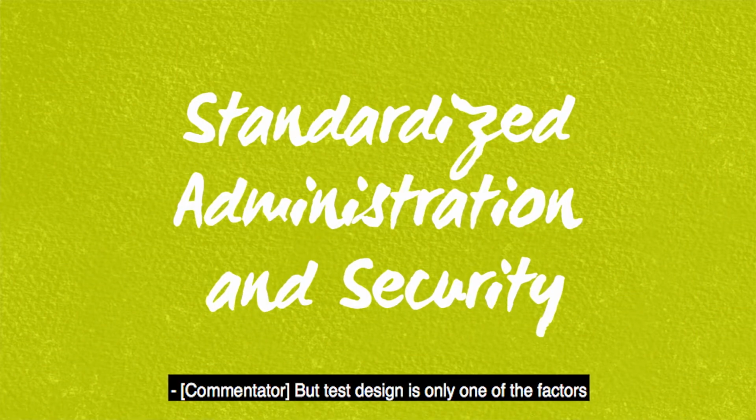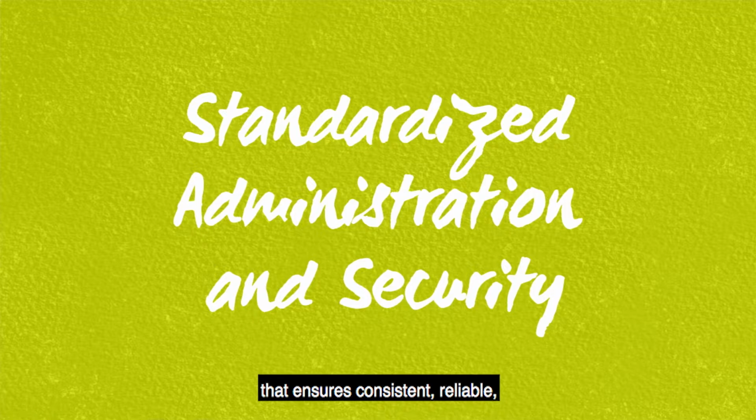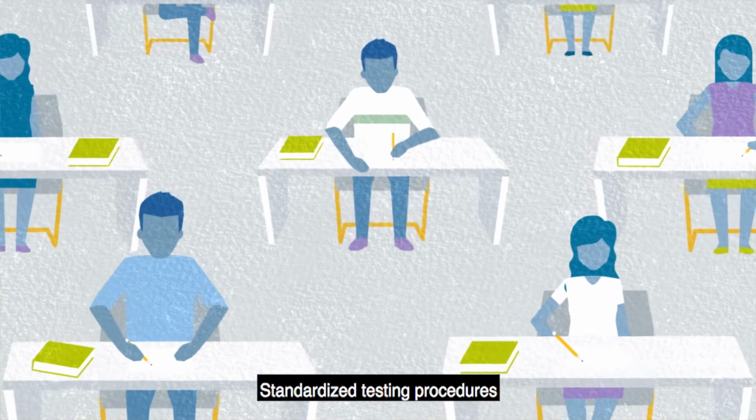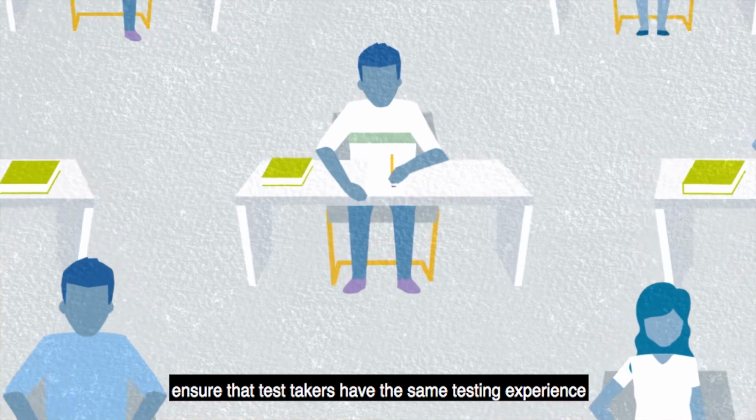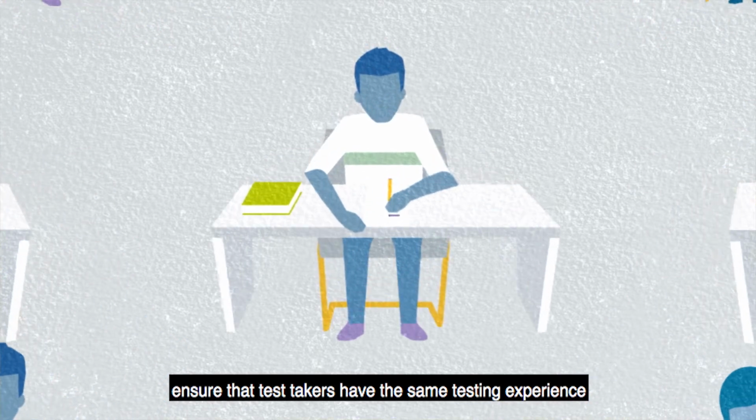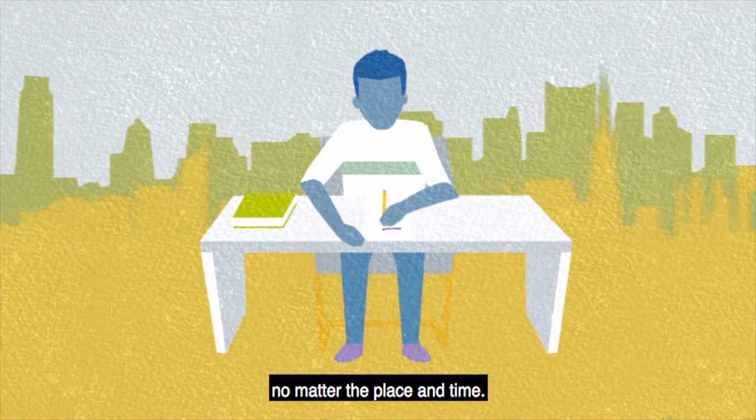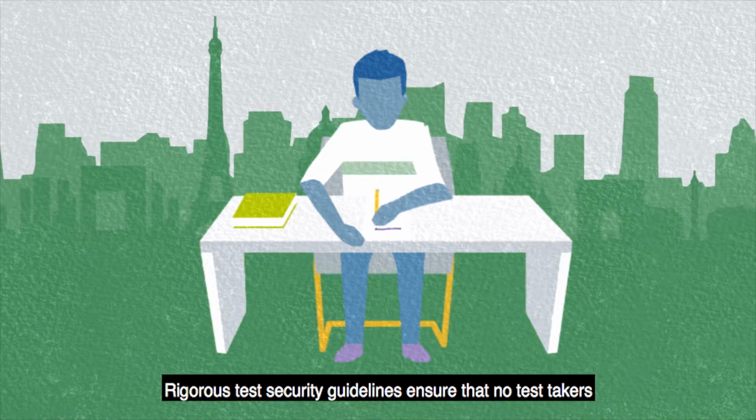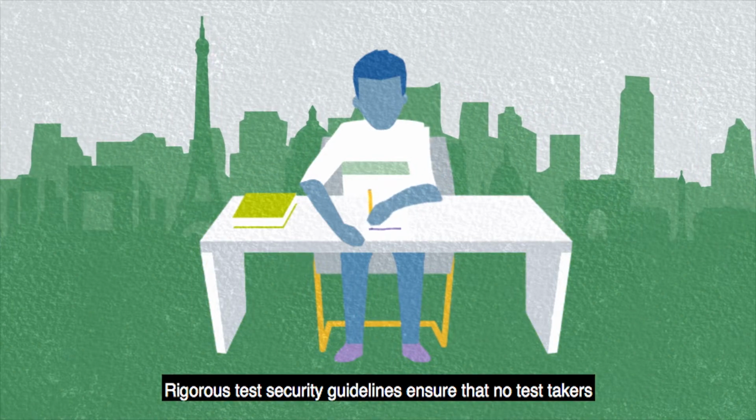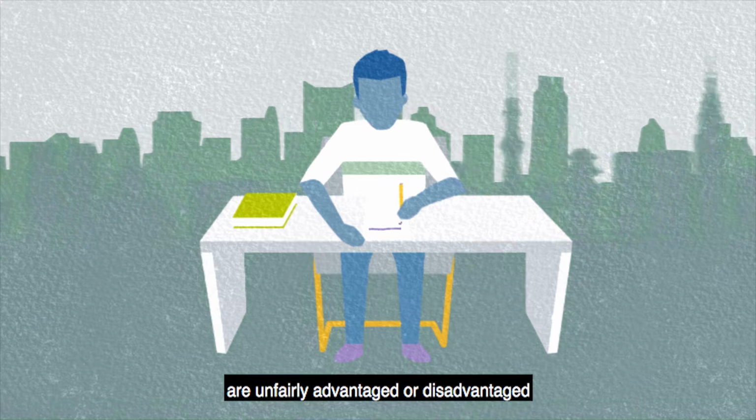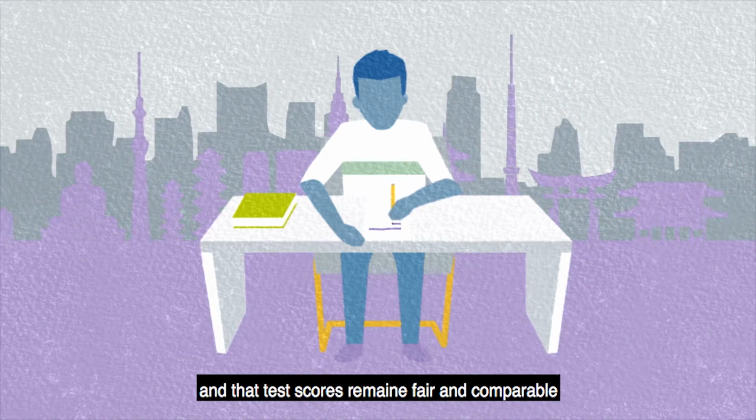But test design is only one of the factors that ensures consistent, reliable, fair, and valid data. Test administration and security are also very important factors. Standardized testing procedures ensure that test takers have the same testing experience, no matter the place and time. Rigorous test security guidelines ensure that no test takers are unfairly advantaged or disadvantaged, and that test scores remain fair